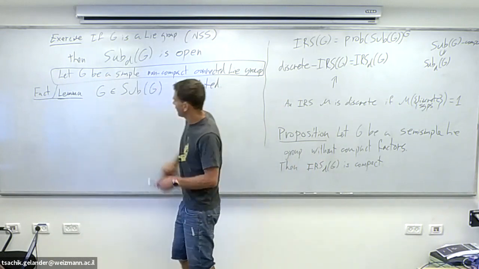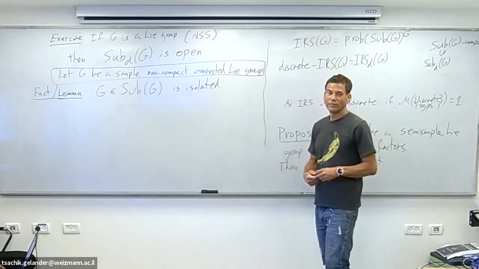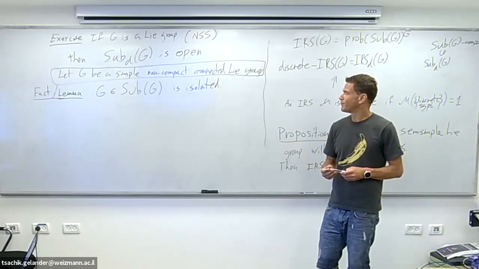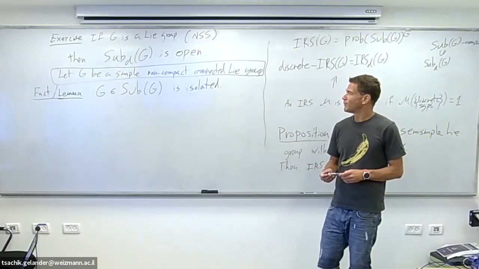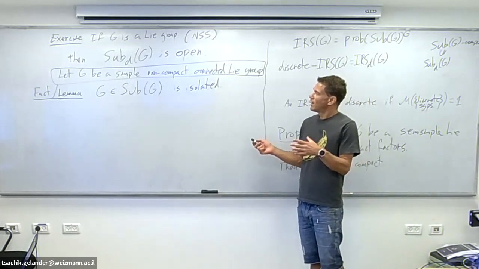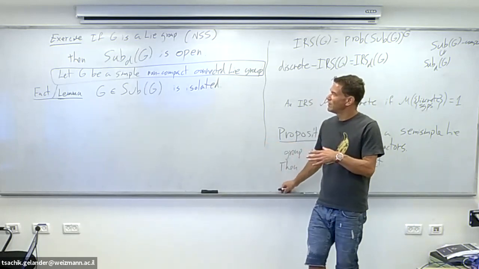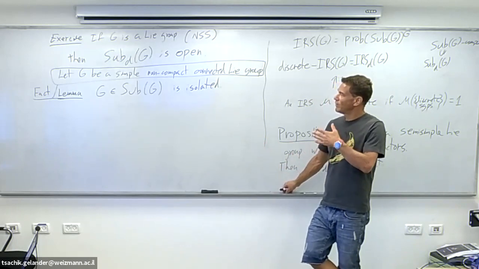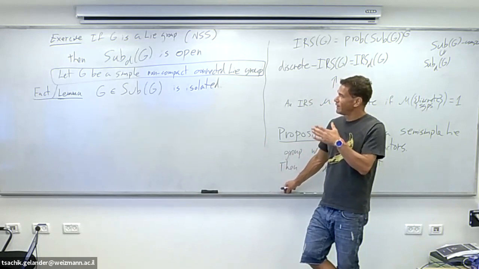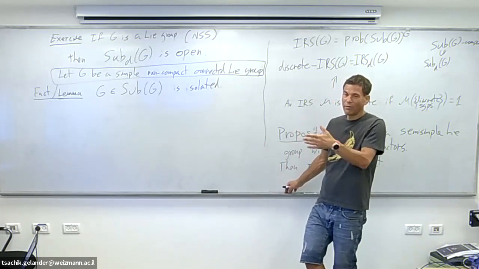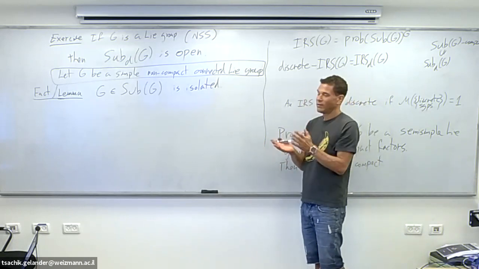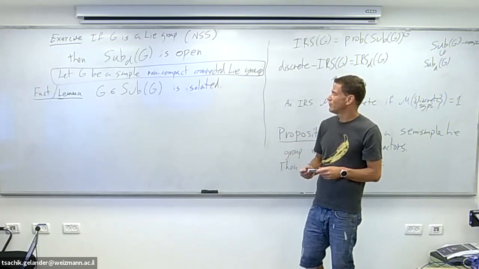Anyhow, let's take it as a black box. G is isolated. You cannot find something which is sufficiently close to G. You can also think of it in this way. In G, if you are not discrete, then you are a Lie group of positive dimension, and so the dimension must be strictly smaller, so it cannot be closed. If you go to a vertical, you cannot be closed.